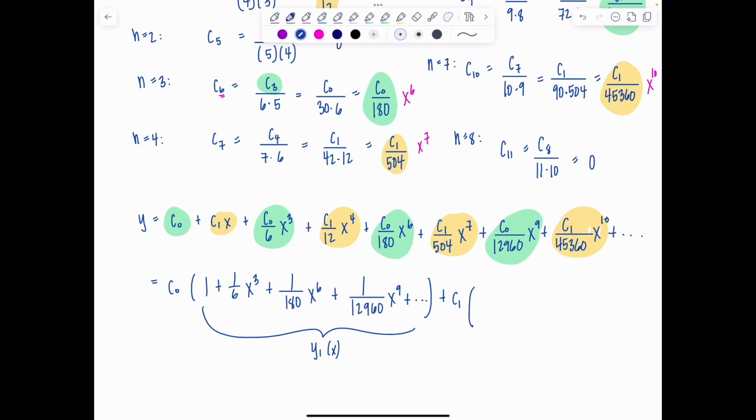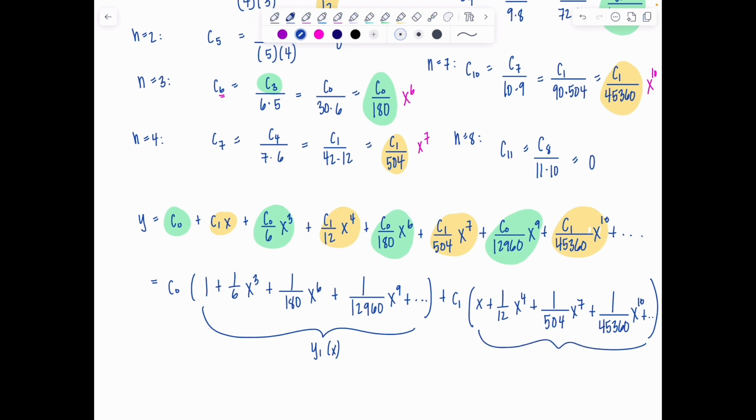And then you have x plus 1/12, yes, x to the 4th, plus 1 over 504 x to the 7th, plus 1 over 45360 x to the 10th, plus yada yada yada. And who is this? This is our y2 of x. Okay,